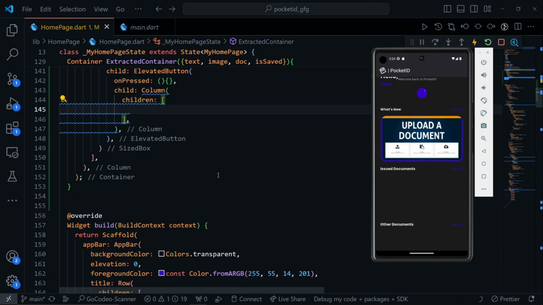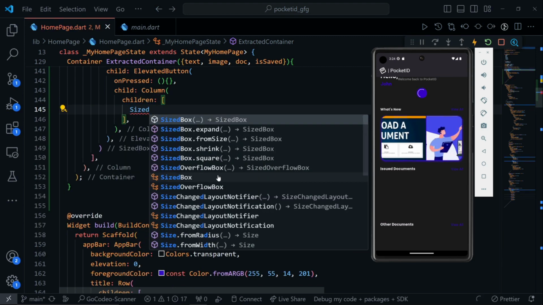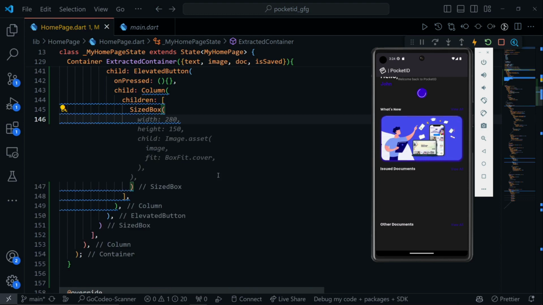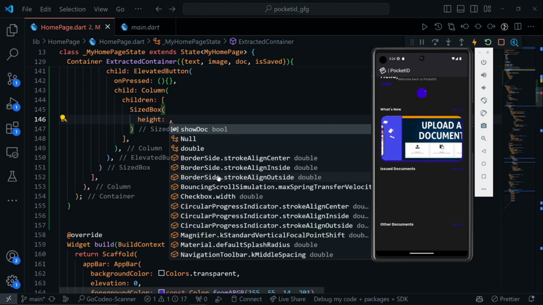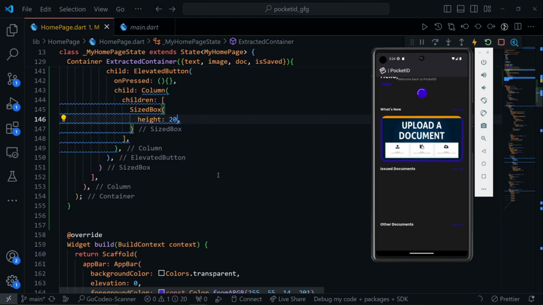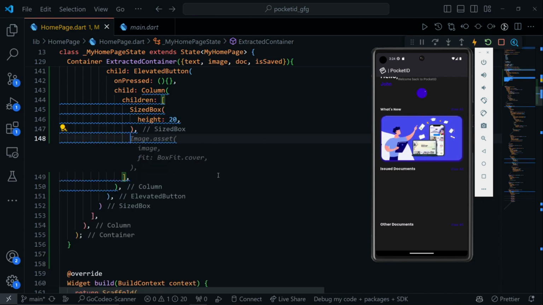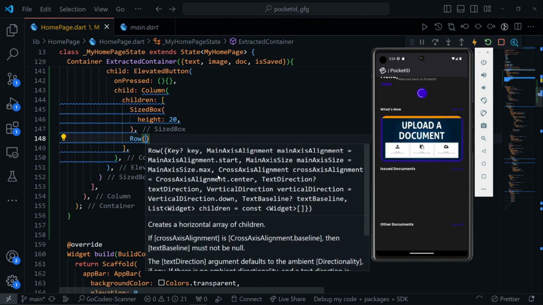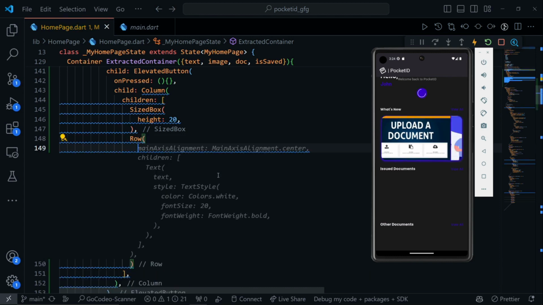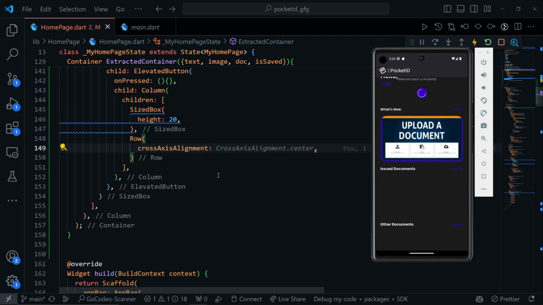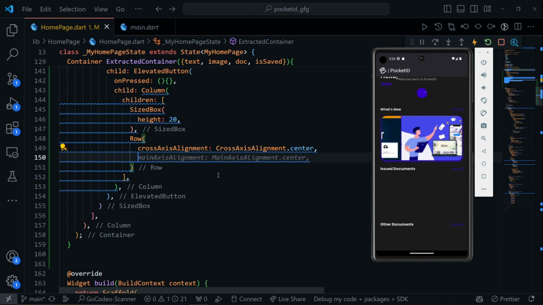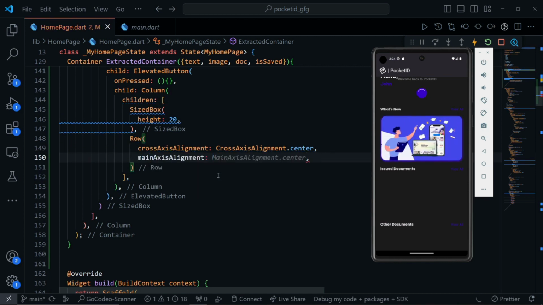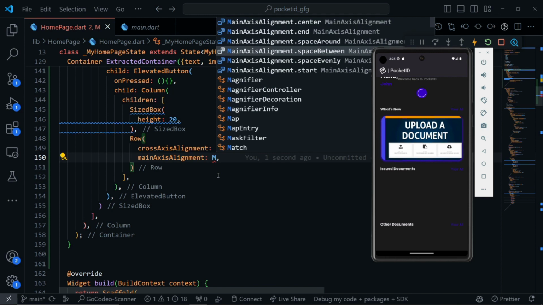And now this children is going to have a sized box. Okay, so let's call for sized box, and the height will be about 20 or something. Okay. So right after this sized box, we are going to call our row. So let me just call for the row, and the row will be having cross axis alignment dot center and the main axis alignment dot space evenly. Okay,